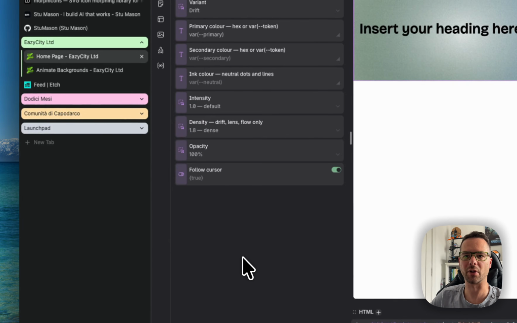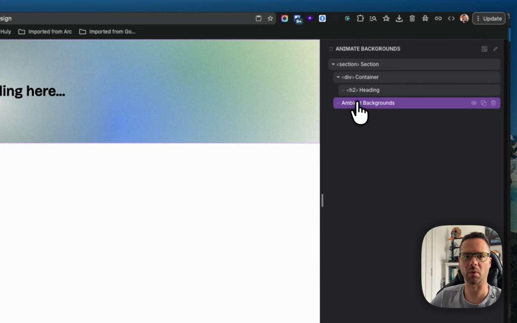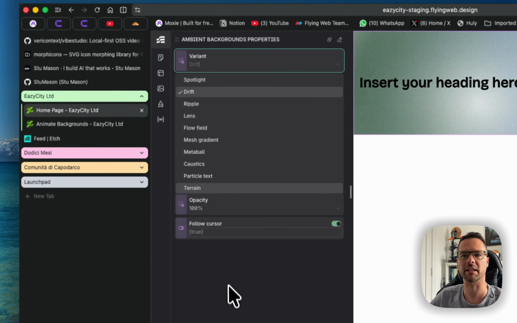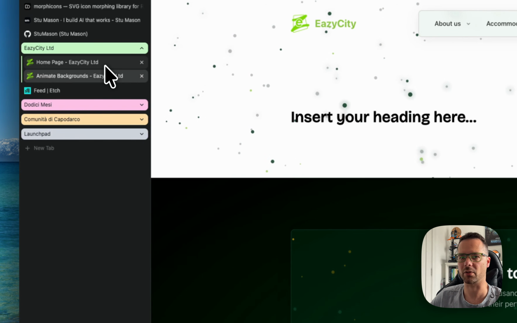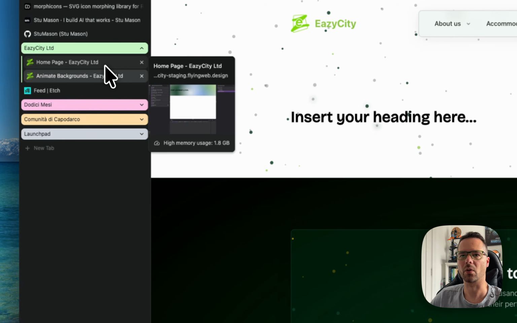So it's really cool, you can play with it, you can change whatever you like, you can add more, but I feel that 10 variants are enough for many scenarios or many other types of websites. So I will show you the link in the